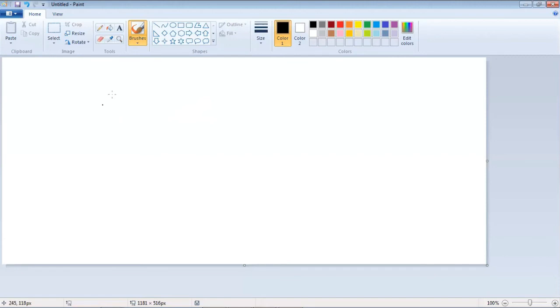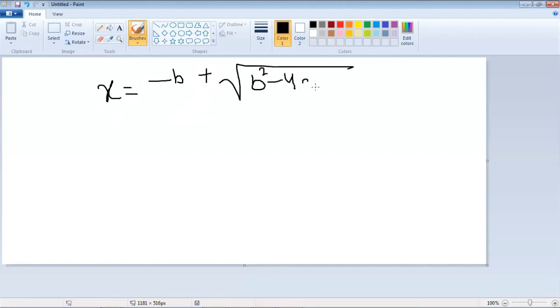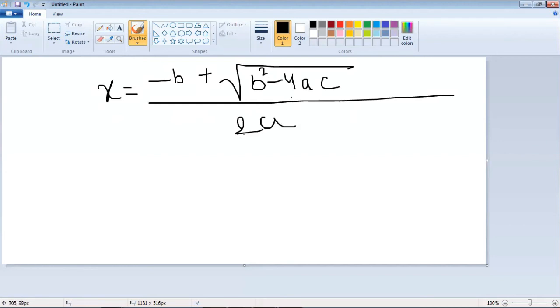The formula is like this: x equals minus b plus minus, now we'll just stick to plus, and under root b square minus 4ac, divided by 2a. This is how it is written in mathematics. Now we have to convert this into a QBasic expression, and it will look something like this: x equals minus b as it is,